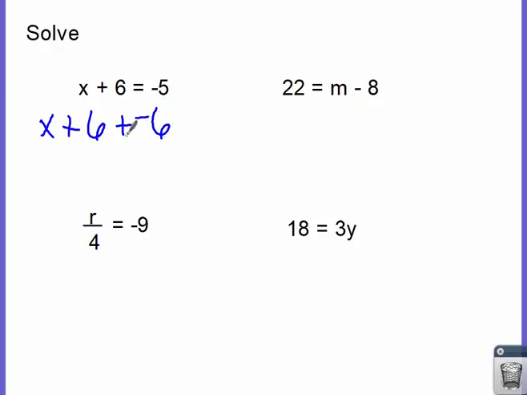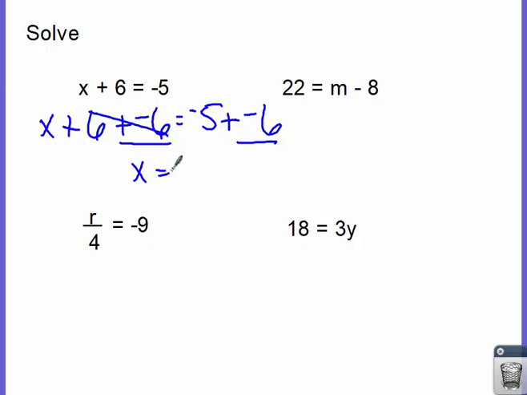So the 6's will then go away because they make 0, which is equal to negative 5 plus, and now whatever I add to one side, I must add to the other side as well. That's kind of a rule of thumb when it comes to mathematics. So if I add this negative 6 to the left-hand side, I also have to add the negative 6 to the right-hand side. One good way to help you remember to add it to both sides is to actually underline it. So now my 6's cancel out, they turn into 0, and we're left with x equals,